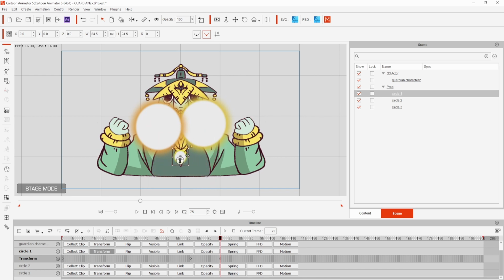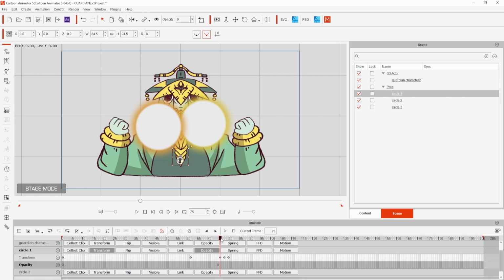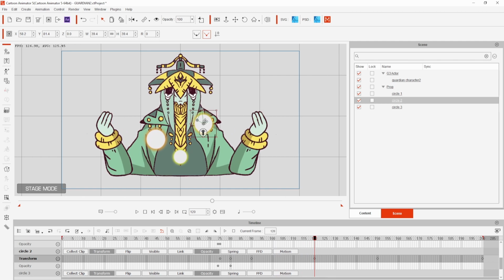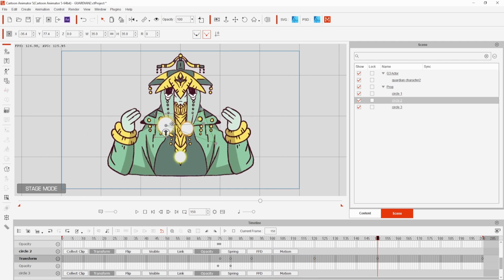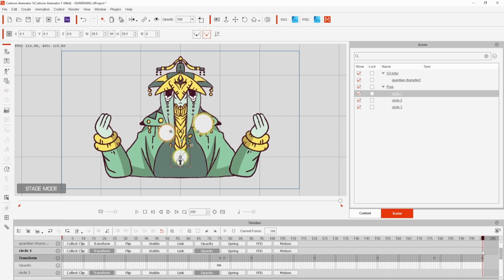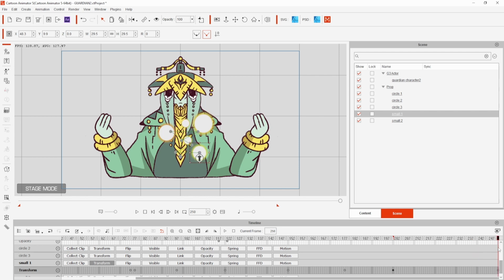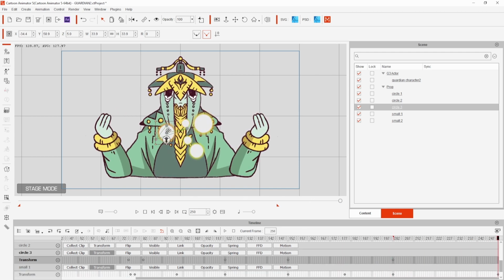From there, I keyed the opacity to fade in, staggering the timing of each so they wouldn't all appear at once. I used the hand animation to help direct their movement, moving each individually and playing the animation through many times until I got the look I wanted. I didn't really feel that 3 was enough, so I duplicated circles 1 and 2 to create smaller variations that